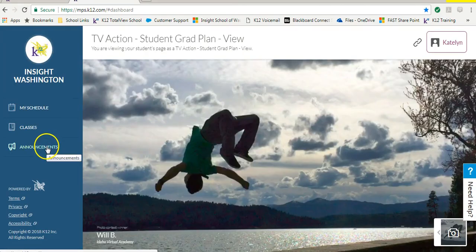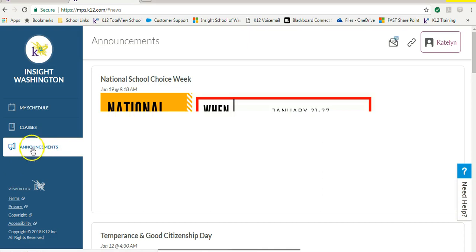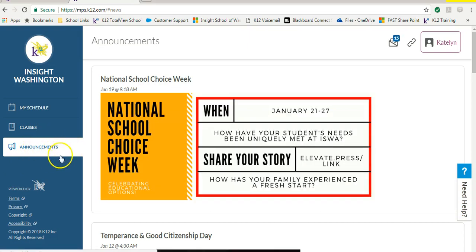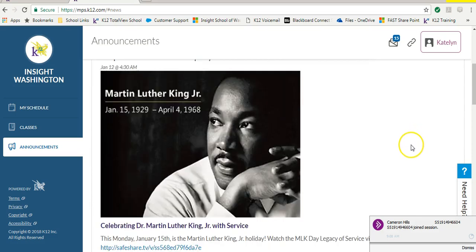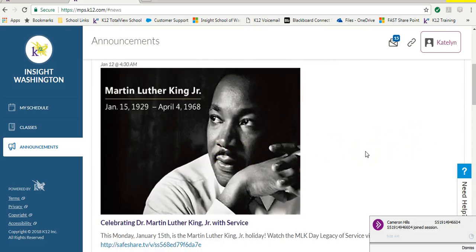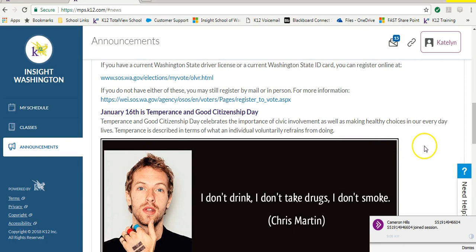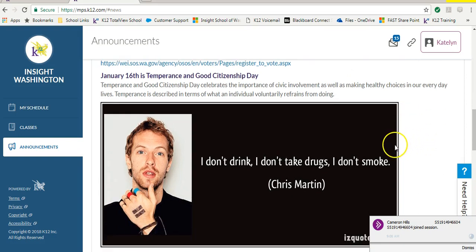Next, we're going to go to the announcements tab. When a new announcement comes up, there's not going to be a little icon, but you can just click into this. So let's see. Yeah. In January, we had National School Choice Week. We had something on Martin Luther King Day, Temperance and Good Citizenship Day,